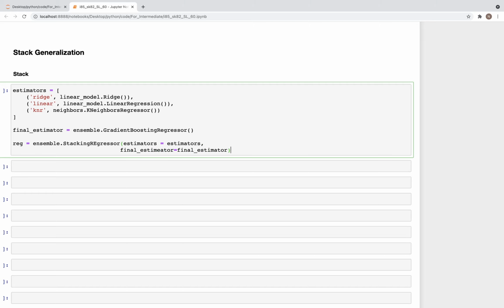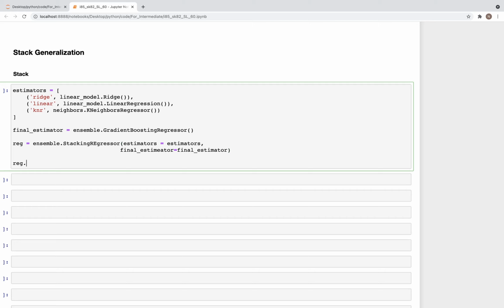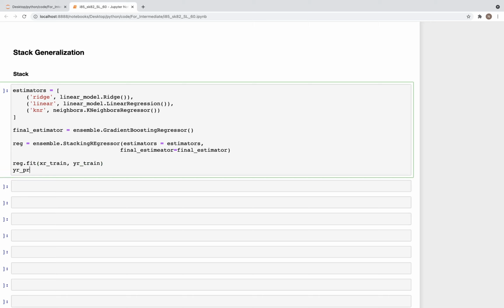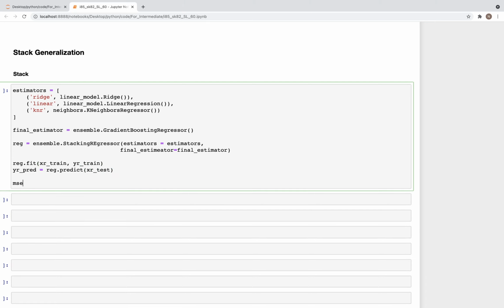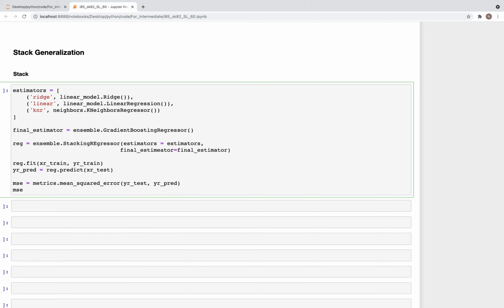And with this we can use reg dot fit on xr underscore train, yr underscore train, and then yr underscore pred is equal to reg dot predict xr underscore test, and then MSE is equal to metrics dot mean underscore squared underscore error of yr underscore test and yr underscore pred, and then we can get the MSE. So when we run this,